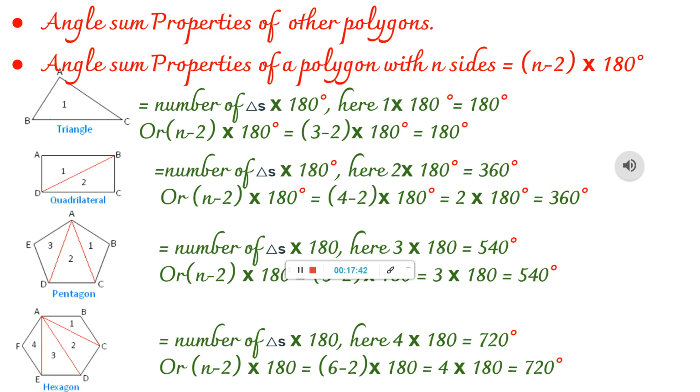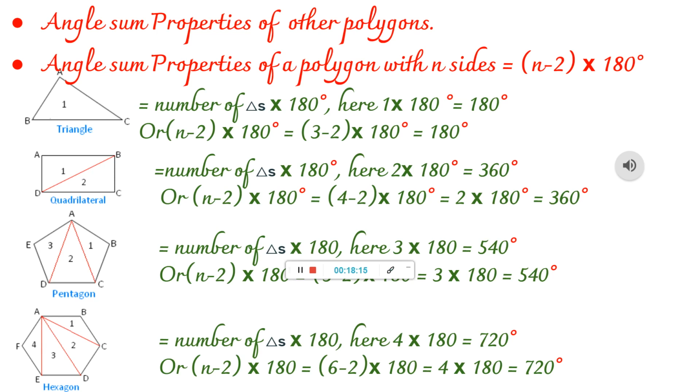Now let us consider a polygon with 5 sides. This is how it would look like, a pentagon, isn't it? Now here we have to find out the sum of all interior angles. Let's see how many triangles this polygon can be divided into. Basically we could divide a pentagon into three triangles. So in this case the angle sum should be equal to 3 into 180 degree, that is equal to 540 degree.